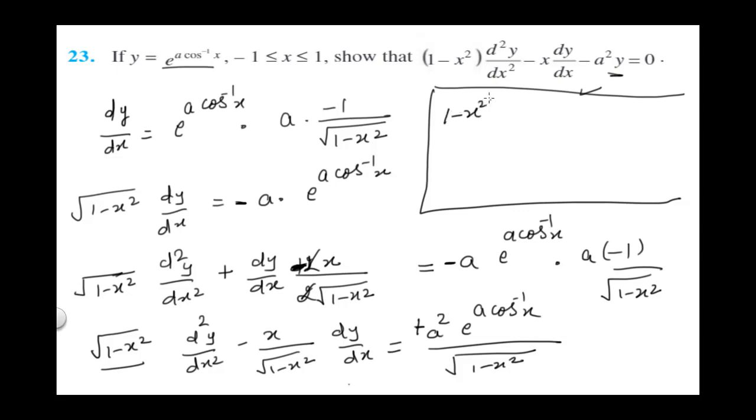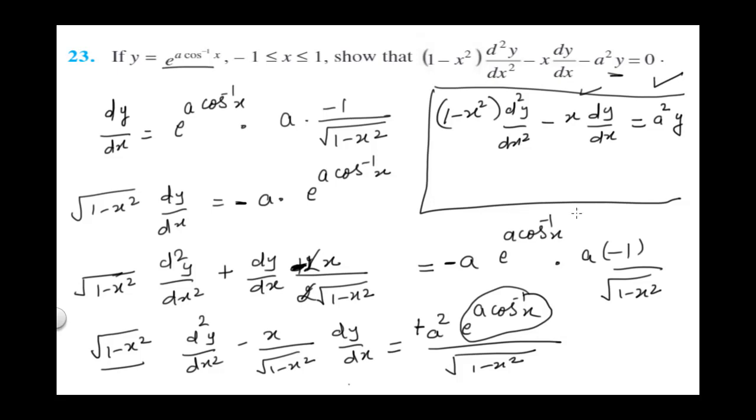We will get 1 minus x square into the second order derivative. Correct. Minus x, and in the under root we have 1 minus x square. We are multiplying with the same thing, we will just be left with x dy by dx. And on the other side we have a square. This is what? Y only. So I'm replacing it with y, and this will get cancelled. So see, we have proved it as equal to what they were asking. So this is how you are going to shift the terms or do something according to the part which is to be proved, right? Just based on that, go with the differentiation and you are all set to go.